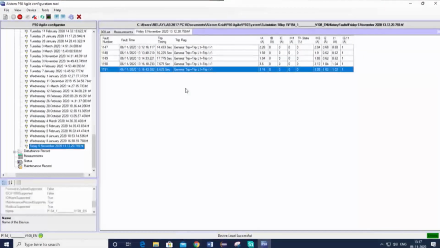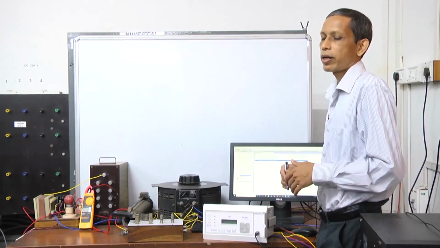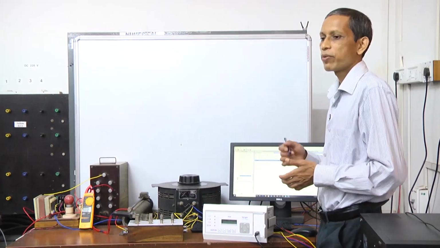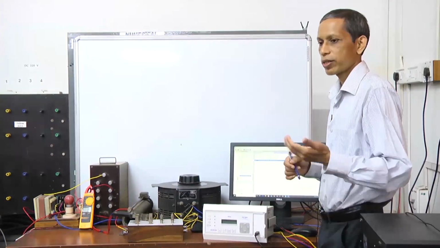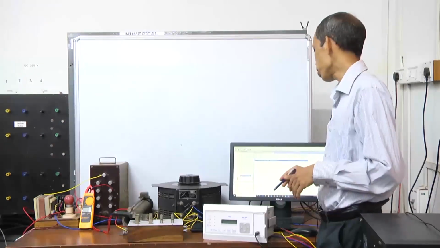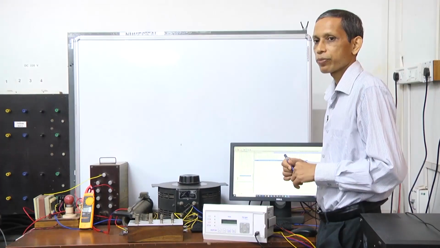So, this is emulating a phase A to ground fault, and therefore the positive sequence current happens to equal the negative sequence current from this fault analysis perspective. Similarly, such observations are taken, and then we will proceed to verify the characteristic of the curve for different PSM values on the x axis and the corresponding time of operation by the relay on the y axis.